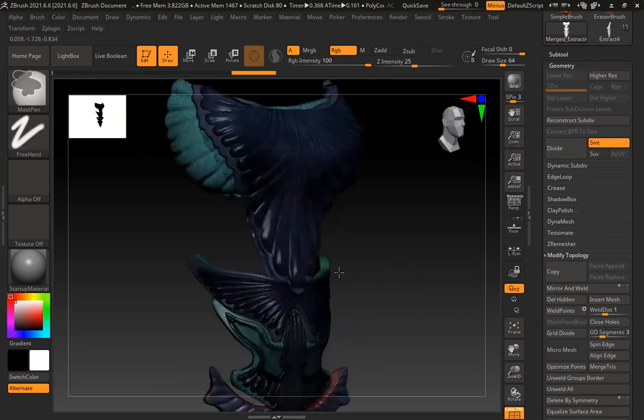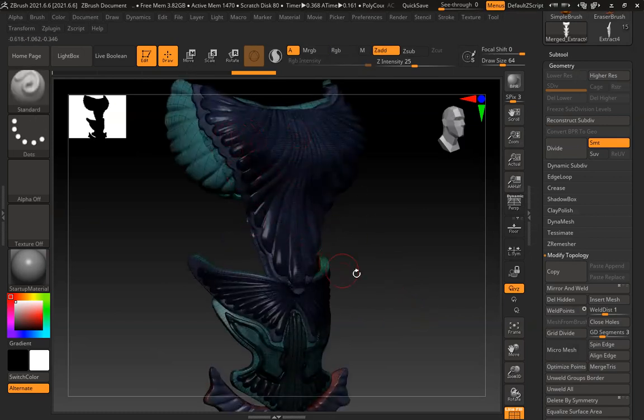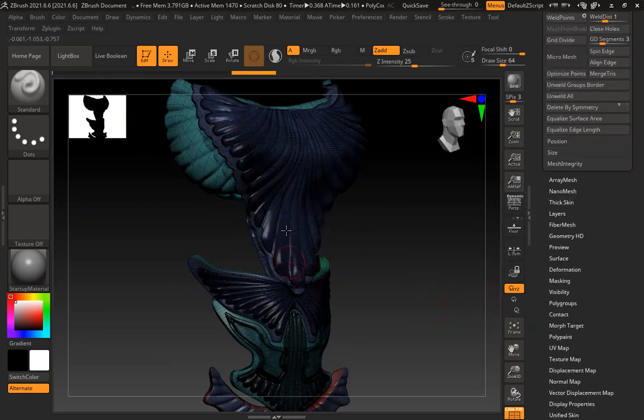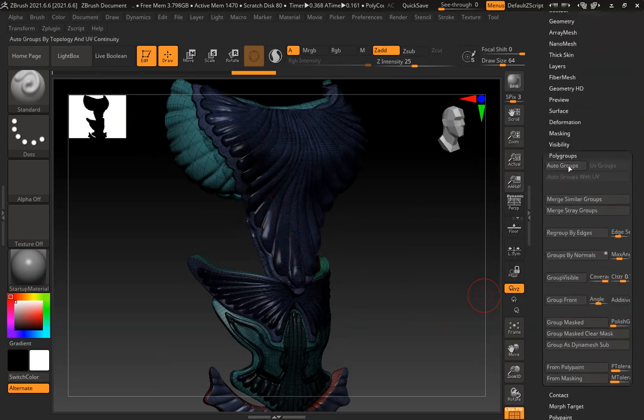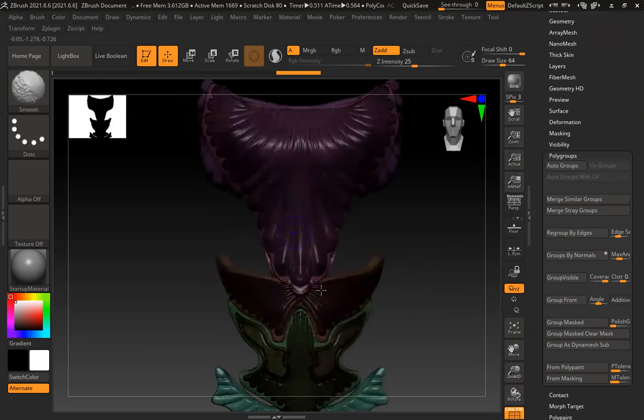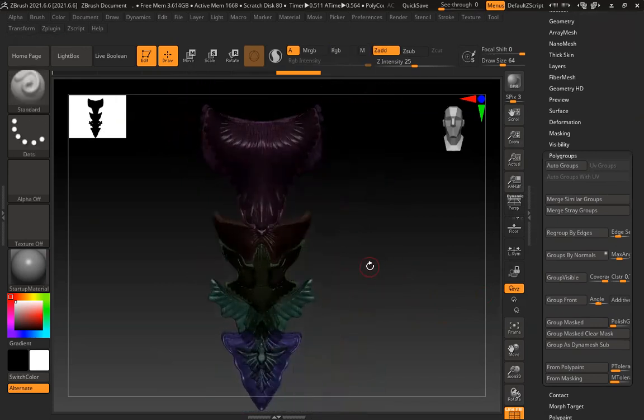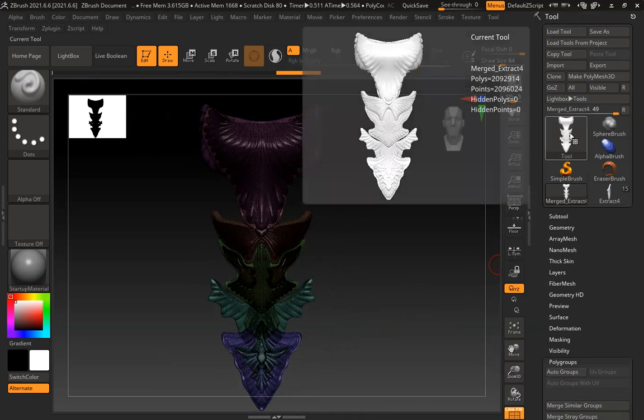Now the only thing you have to make sure is each and every individual part should have a different poly group. Because these are all separate models, I'll go to poly group, click on poly group. That's it. So everything is a separate poly group. Now I have to decimate the model, because for baking we have to decimate, because Substance cannot handle this. This is like 2 million, Substance cannot handle this.